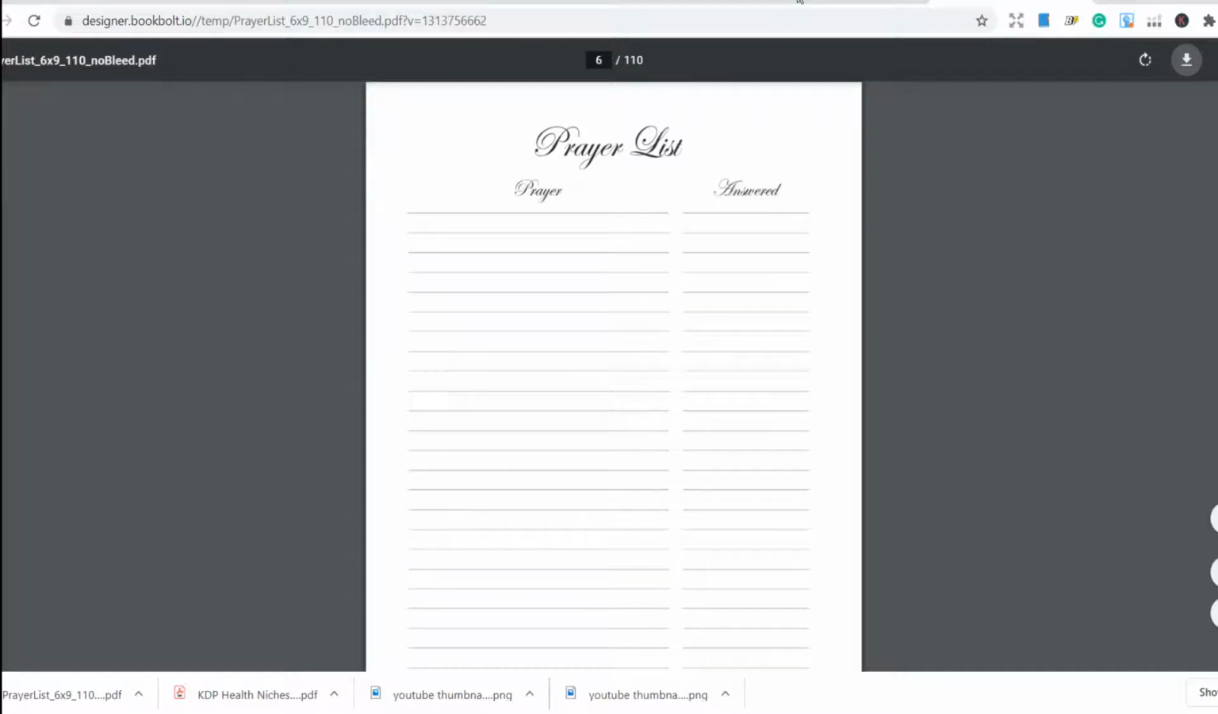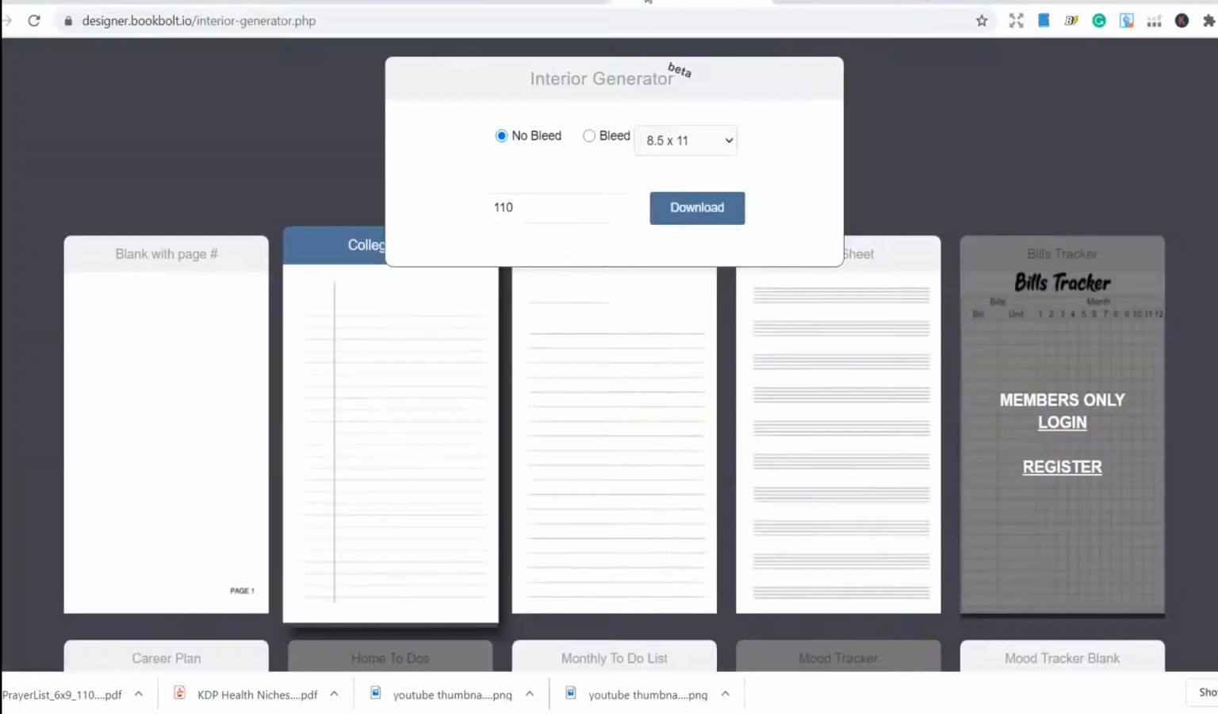interiors on BookBolt. So the name is BookBolt. Just go to Google and type in BookBolt, and you can get the interior generator to help you. Then the second place where you can get them is actually my site,